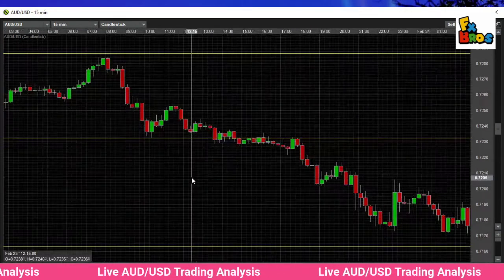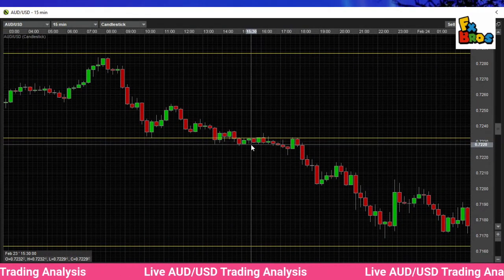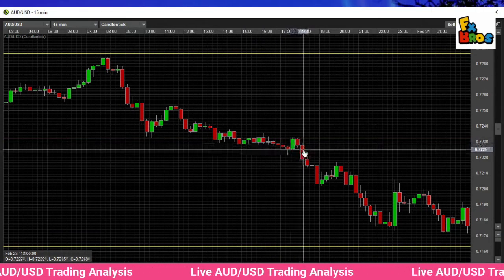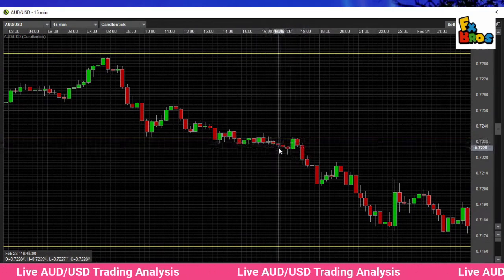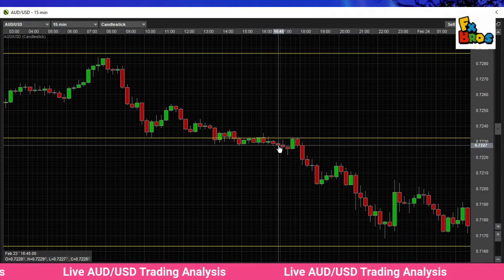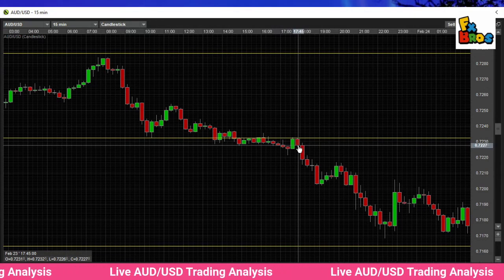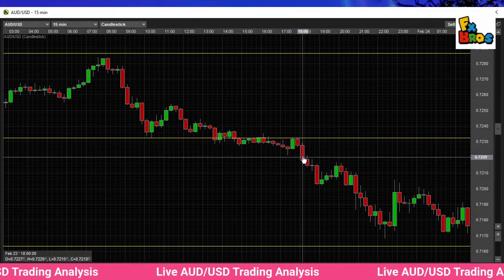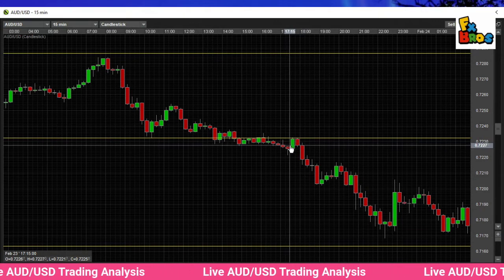23rd, 1700, right up in here. So you would have been waiting for this area right here. So once you see price, yeah, you could have taken, because this 1745 right here is basically